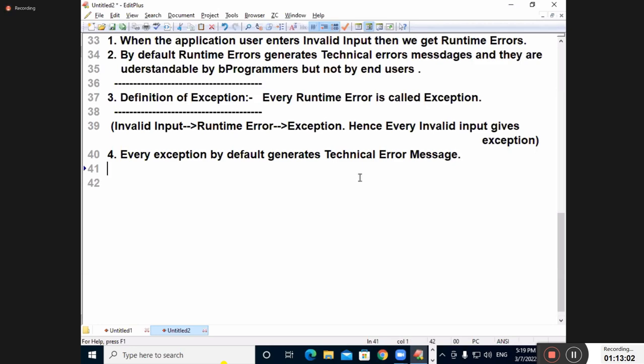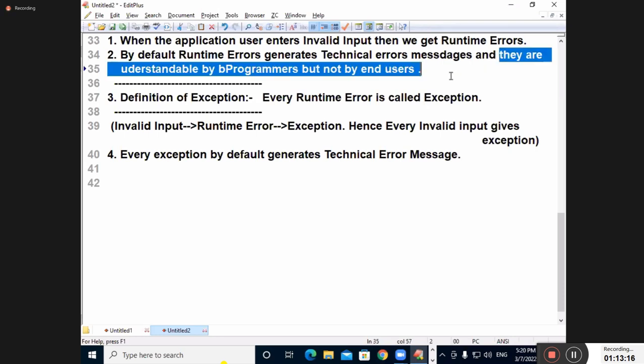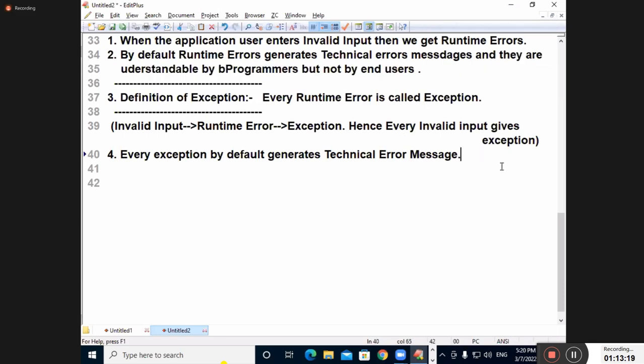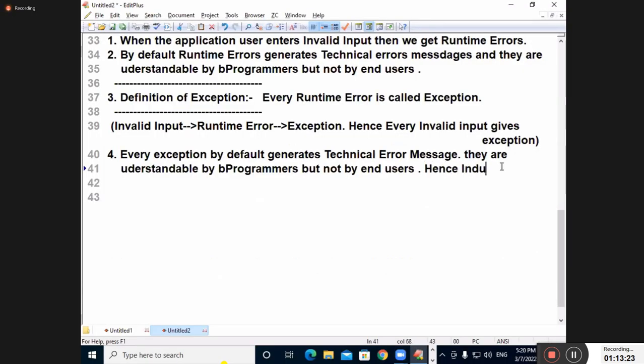Every exception by default generates messages which are not understandable by end users. Again, I will write it: they are understandable by programmers, but not by end users. Hence, industry recommends converting technical error messages into